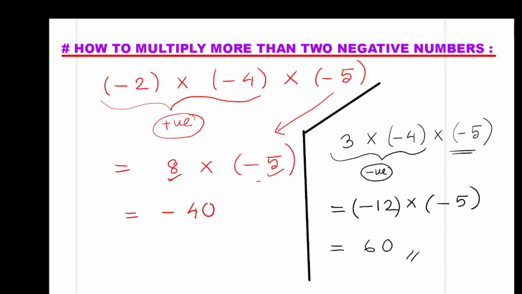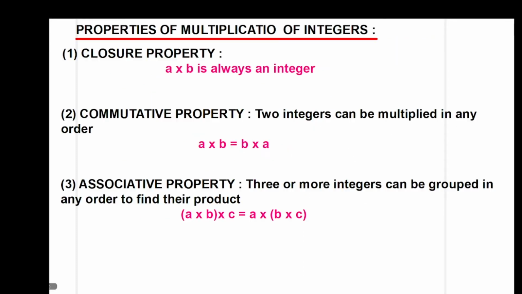Now come to the next topic, which is properties of multiplication of integers. Now closure property. Already yesterday we discussed what closure property is. Here we are checking about multiplication, when we multiply two